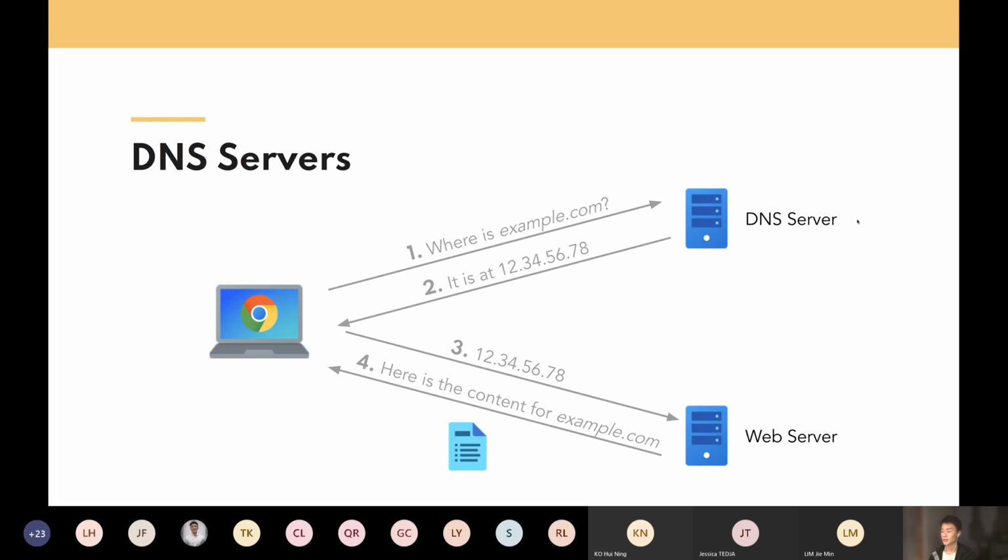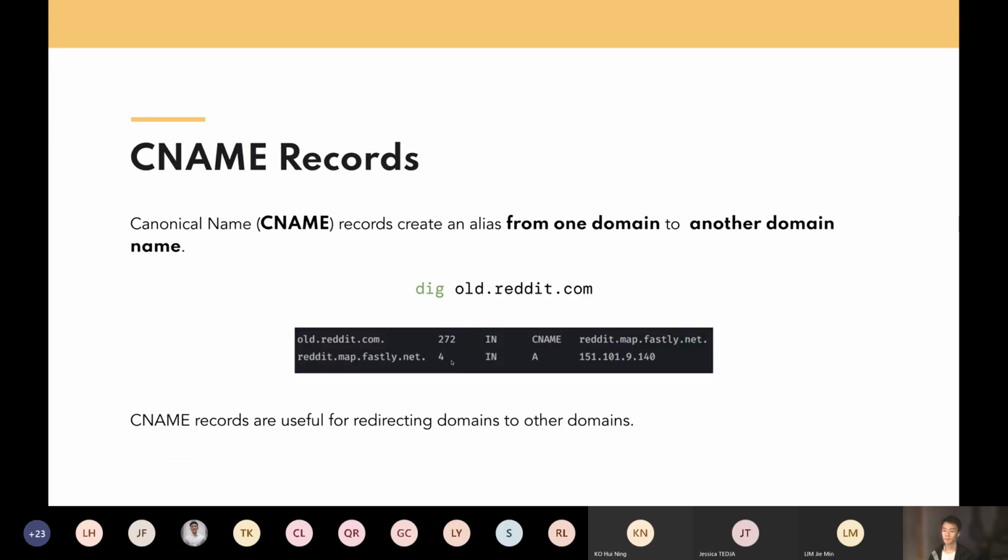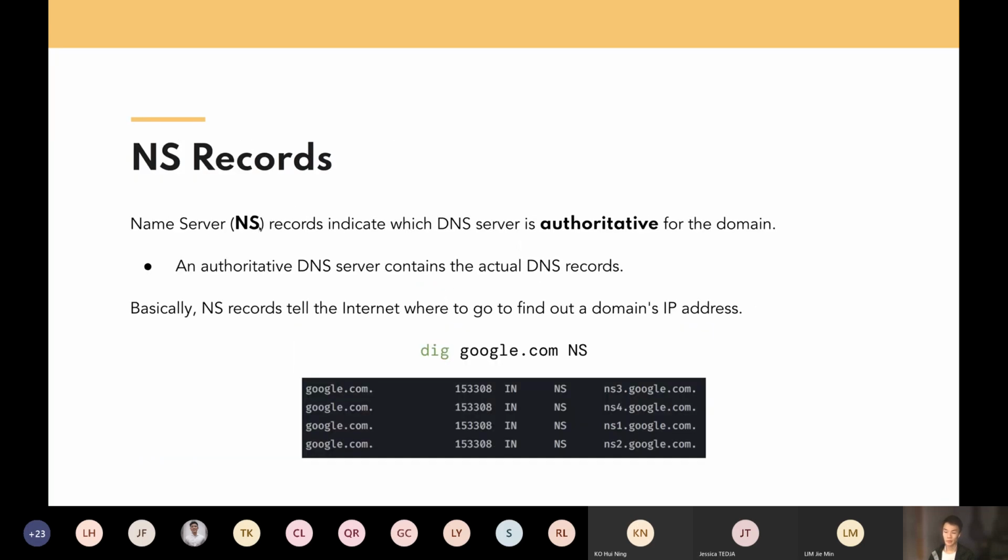We don't know where that server is. But when we ask for the NS record, we're asking where the actual server is that is giving me these addresses. So if I search google.com with an NS record,